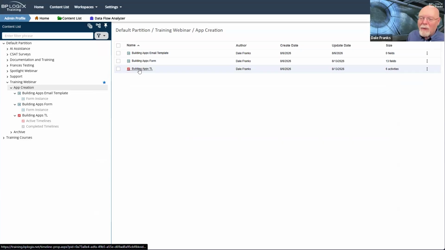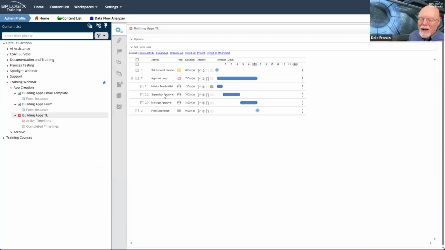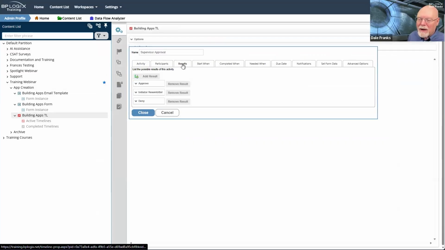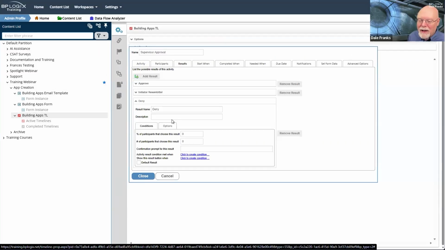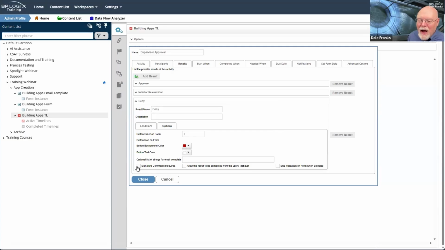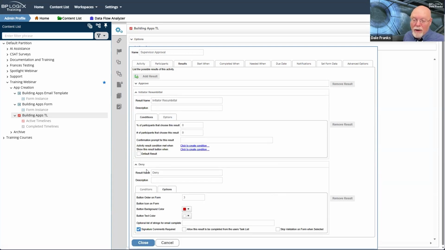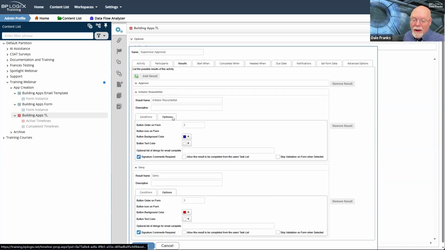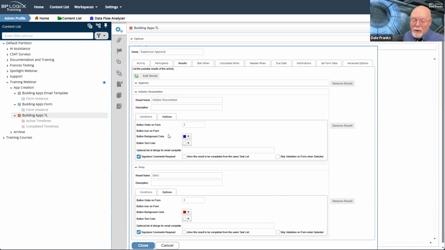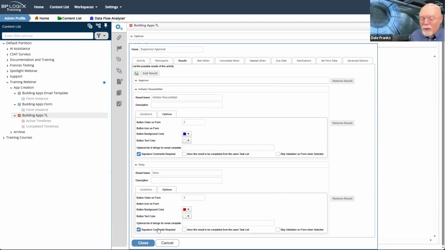So let's go back to our building apps timeline and see if I configured that correctly. Let's go back to the results. Let's go back to my deny result. I did not click signature comments required. So let's be sure that we do that for the deny result. And I did have it checked for initiator resubmittal, but I forgot to do it for deny.